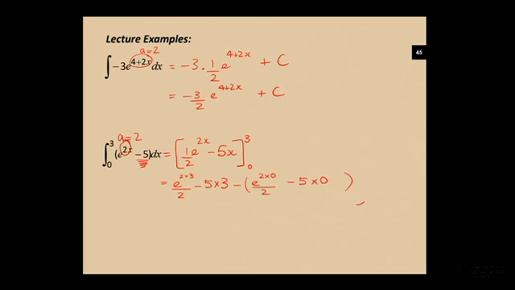Now what we tend to do is ask you for exact answers. And exact answers mean keep things with pies, keep things with surds, and keep things with e's. So I'm going to tidy this up. It's e to the 6 on 2 minus 15 minus. What does the e to the 0 give me? 1, so that's a minus a half, and 5 times 0 is 0, so they're gone. So probably what I have is e to the 6 on 2, minus 15 and a half. You could have put it all over 2 if you want, but the main thing is